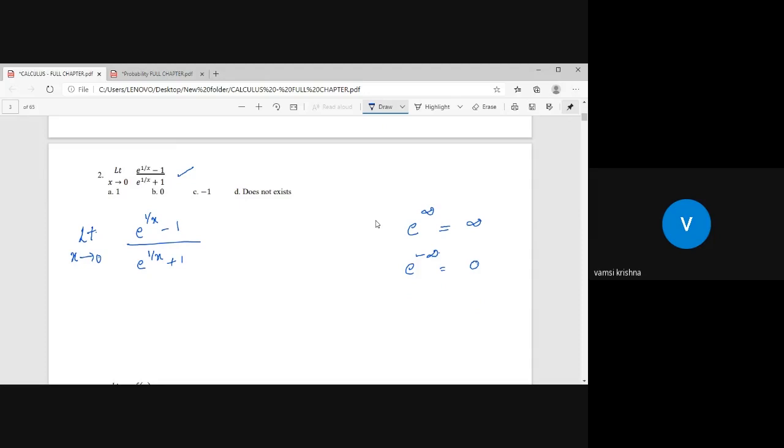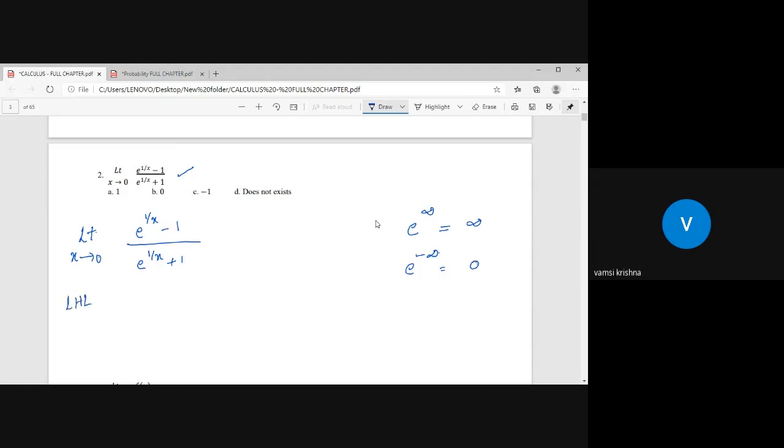Sir, in place of x, if you substitute 0, the power becomes infinite, and moreover that is meaningless. You cannot do anything with that. So I want to find out some limit existence. For the limit to exist at x equals 0, I need to find the left hand limit and the right hand limit. First I will try to do the left hand limit.